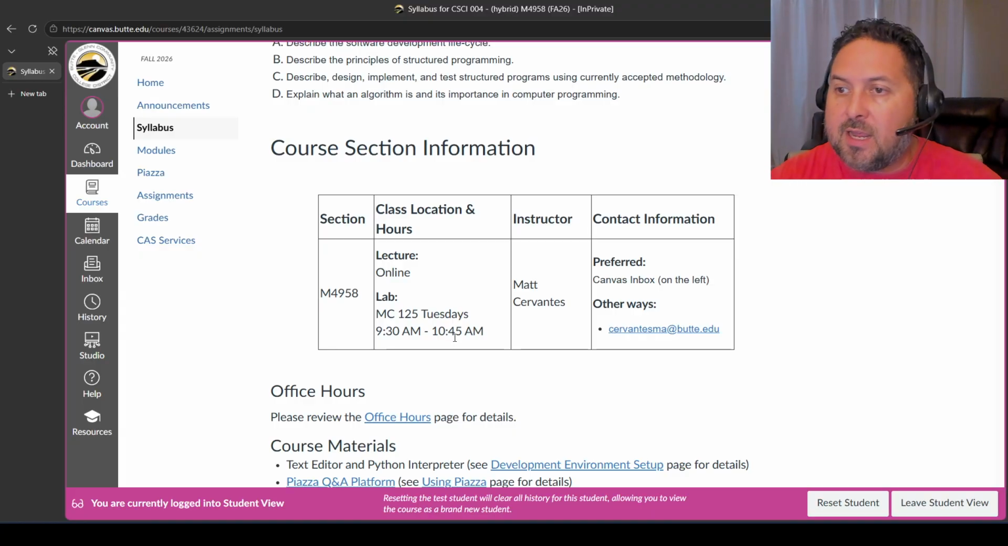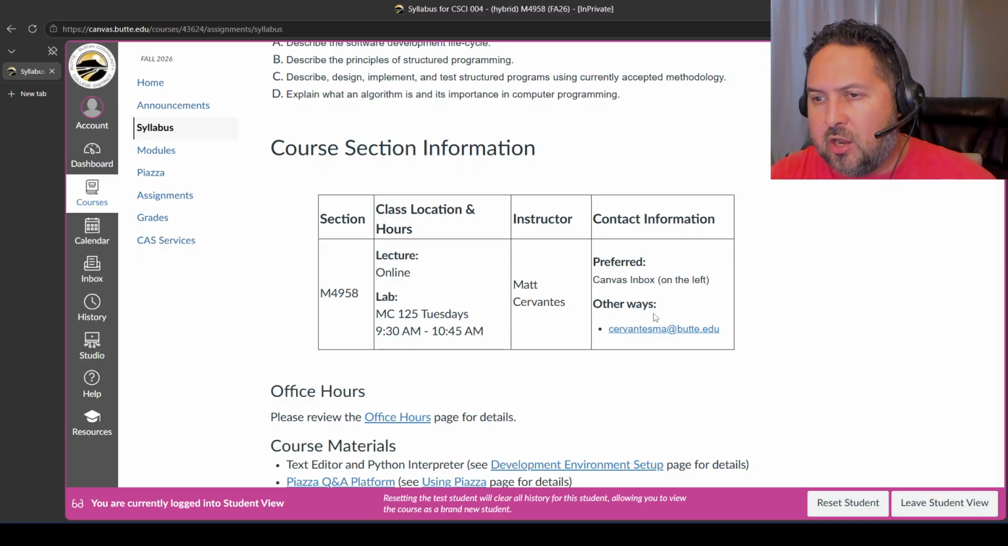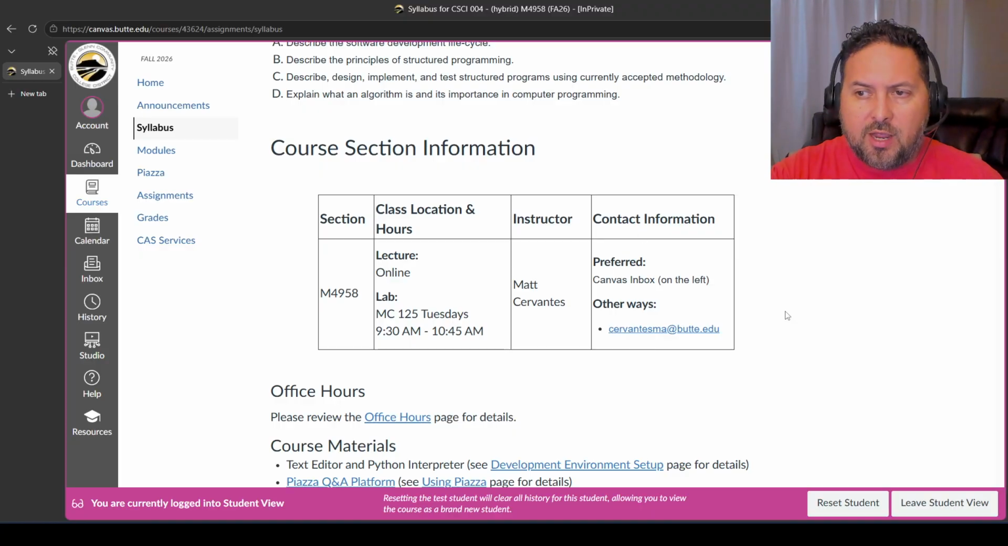Then again, here's my name. This also talks about how you can get a hold of me. My Canvas inbox is listed as the preferred way to get a hold of me, and that is absolutely true. I also have my traditional Butte College email address listed here, but I'm going to let you know right now, I check my Canvas inbox way more often than I check my Butte College email, and that's because